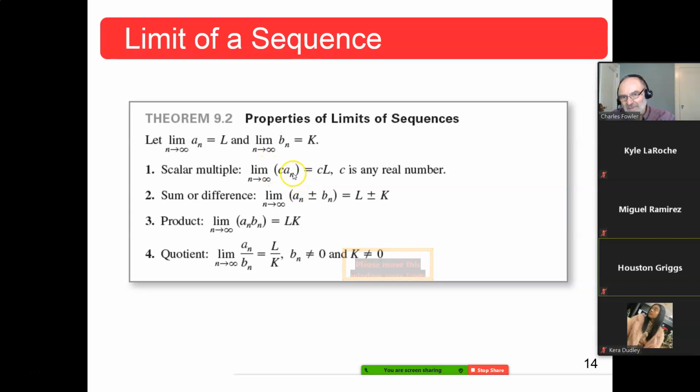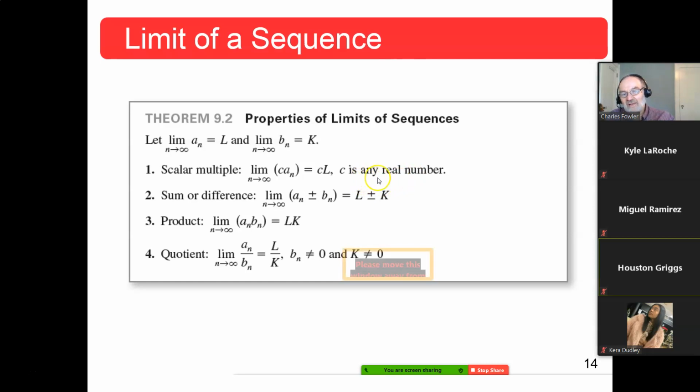It will change what the limit is, but no matter how big that c is, as long as it's a real number, a finite number, you can multiply it by a sequence, and if that sequence has a limit, so does the multiplied sequence. Even though it's an enormously large number, it'll just be that enormously large number times whatever that limit was. For c any real number. Okay? Can also go in the other direction. Incredibly small numbers. Okay? As in negative 485 million something or other.